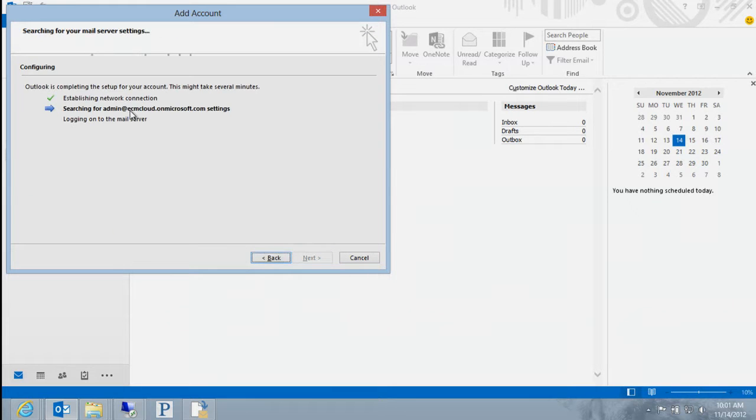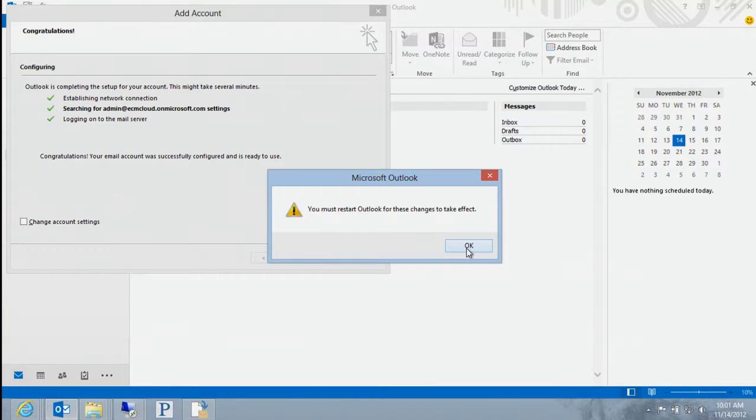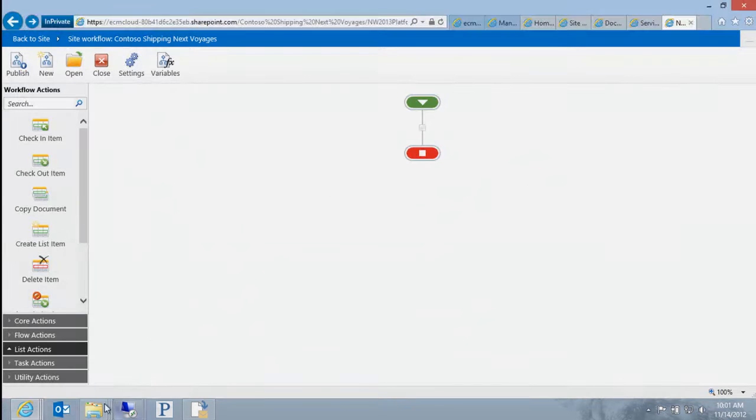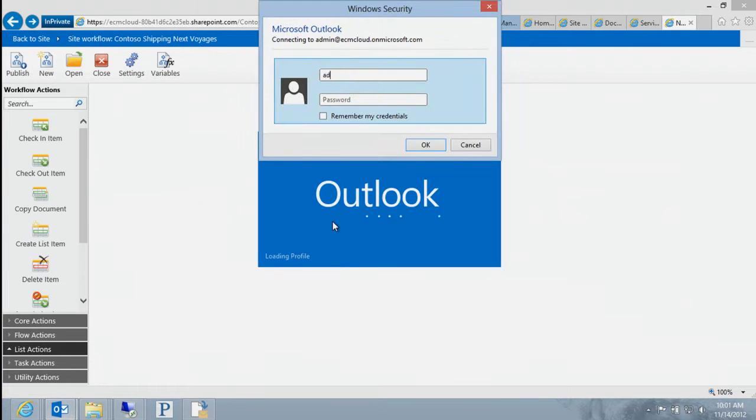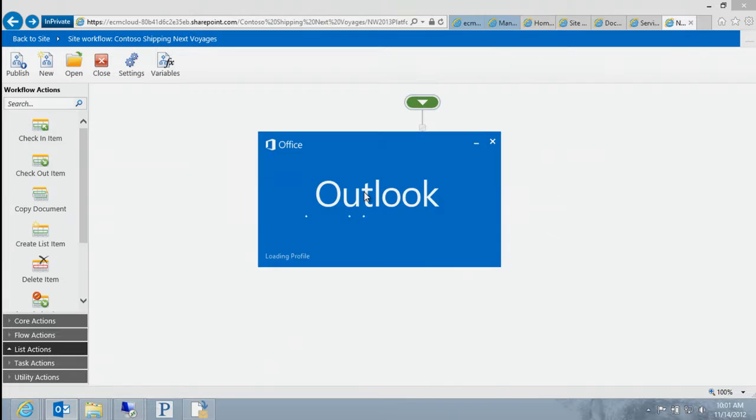So this is reaching out to the Office 365 hosted Exchange, gathering the information around who I am, and attempting to configure Outlook same way any other email account would work. And this works both with the hybrid story that Adam explained, as well as with just a complete Office 365 connection. So I go ahead and finish. It's going to restart Outlook because it wants to reset up my profile. We're going to go into that account, and that first time you've got to log in again. And once I do this, it'll work just like Outlook, holding onto my credentials locally. But you'll see,